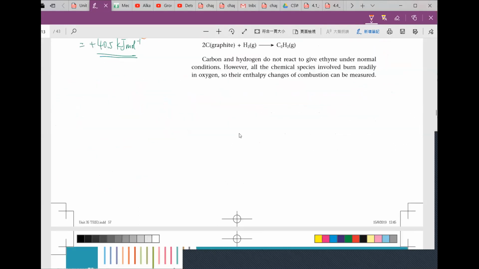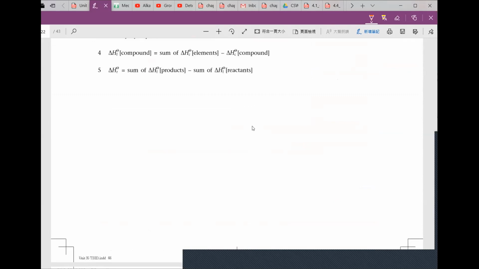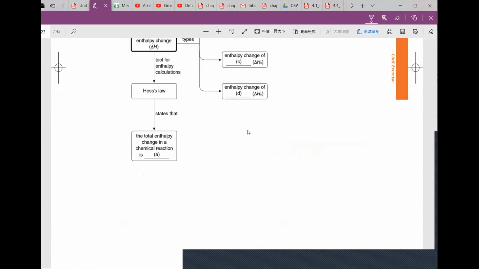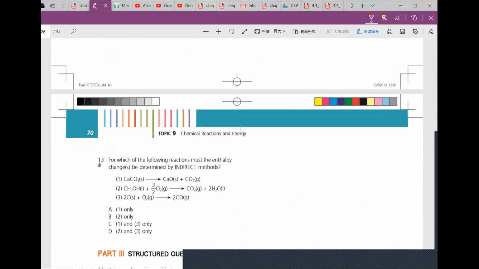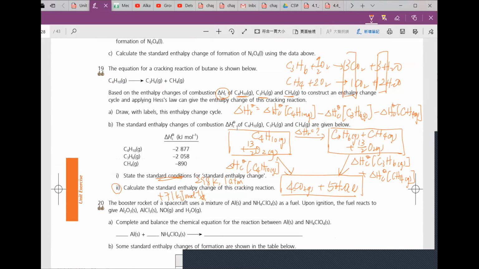Now, recall the questions from last night. Do you realize why Mr. Chin asked you to do this one? Do you know which question is question 19? Yeah, question 19, the reaction about cracking on page 72. Can you see that? Now you may see the whole